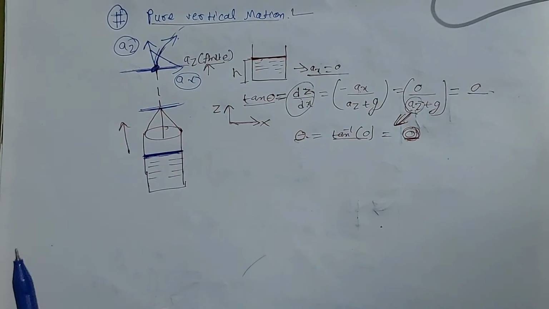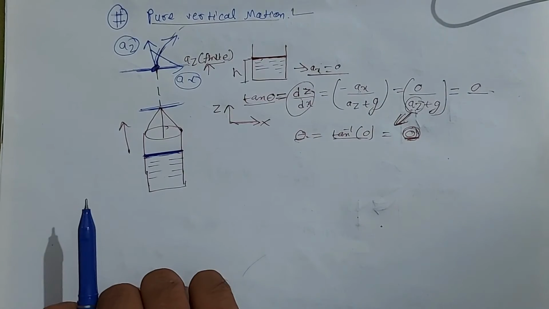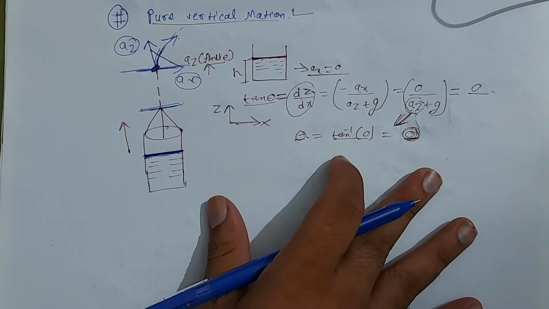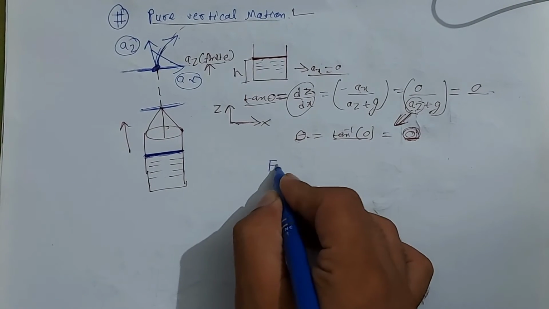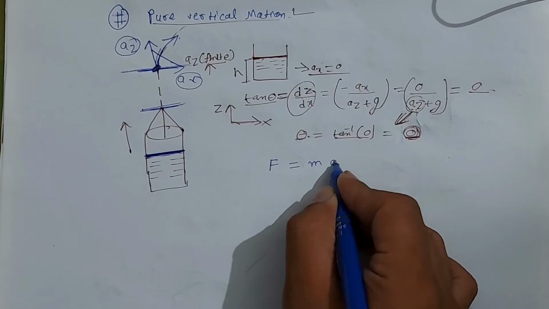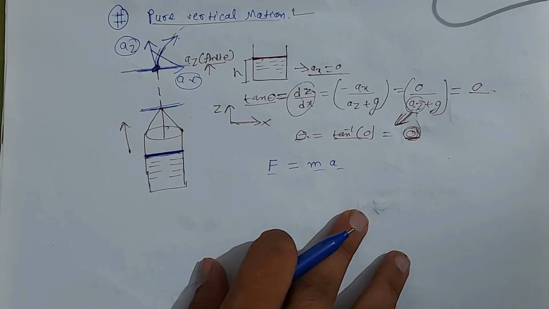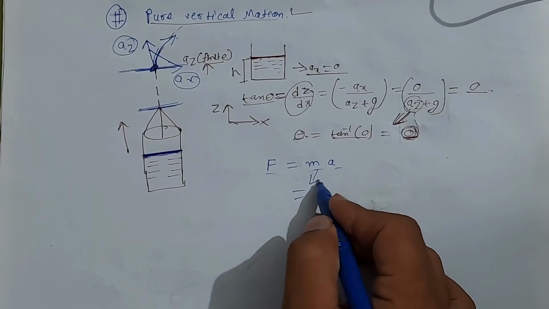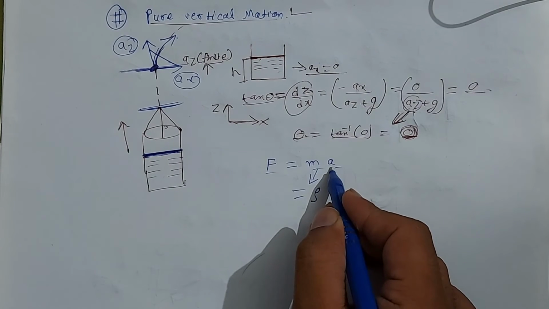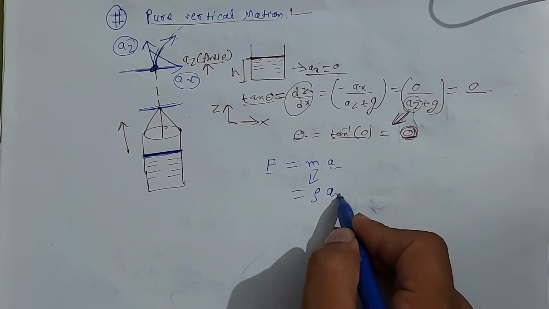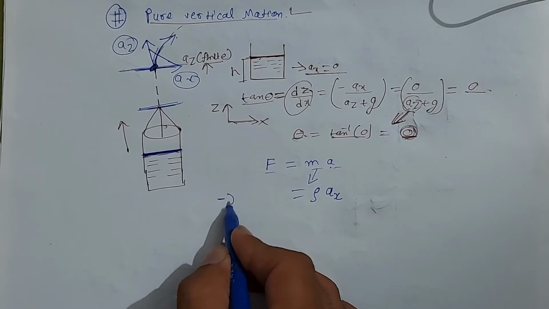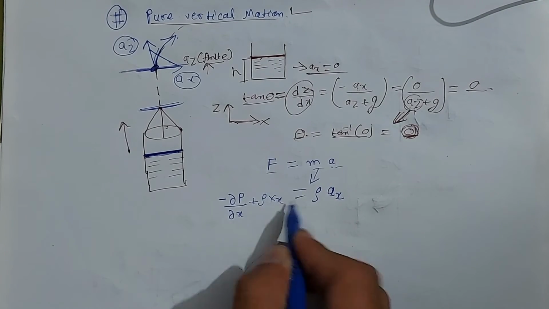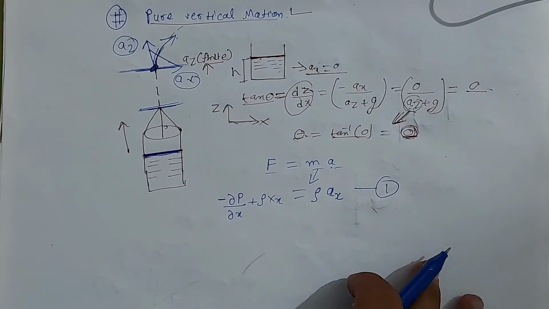So this is another case. There is one more interesting concept hidden in this part. So let's apply the momentum equation. I have told you to remember the momentum equation. You have to write F equals ma because it has been derived from this law itself, and in place of m you should write rho. If you are talking about x direction, then here you should write acceleration in that direction, and for force you must write negative of pressure gradient in that direction, minus del p by del x, plus rho Xx. So this is the x direction momentum equation.